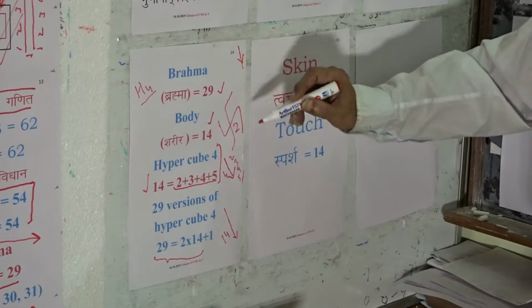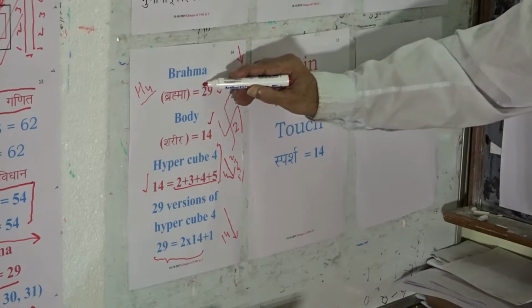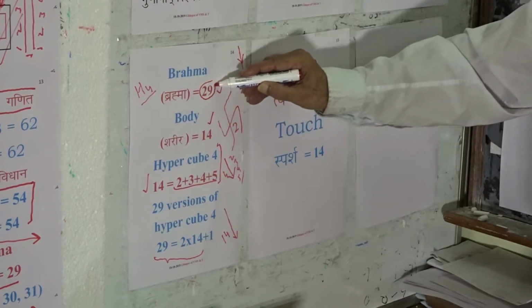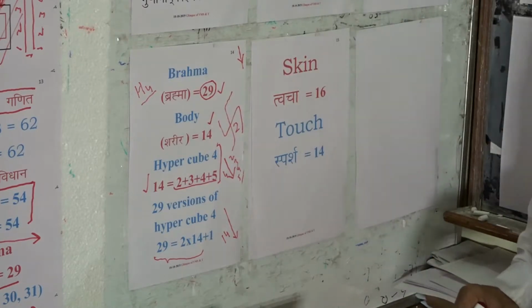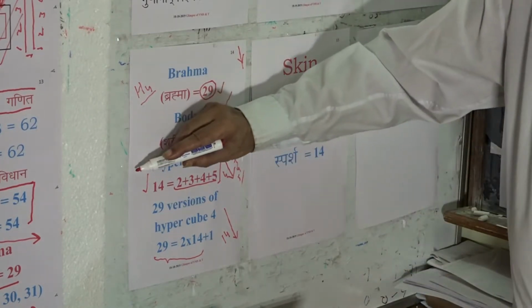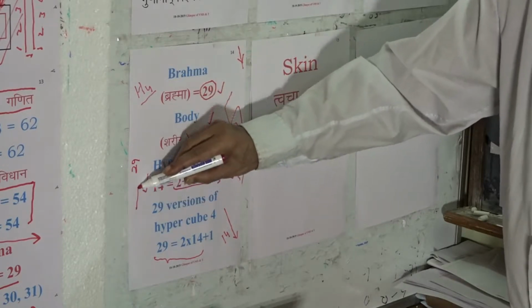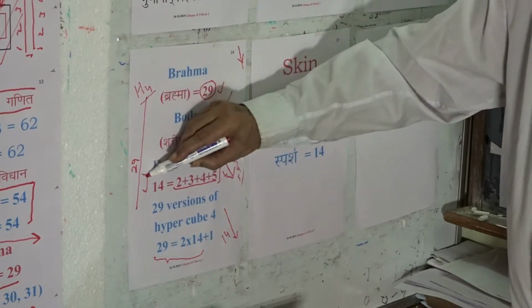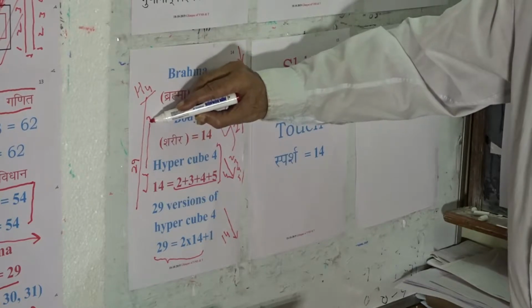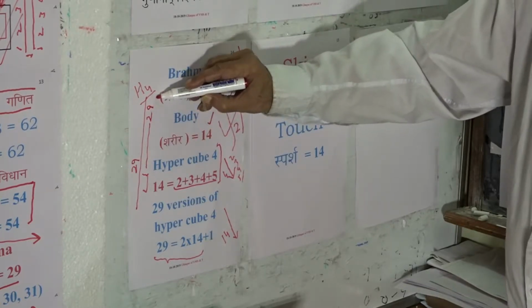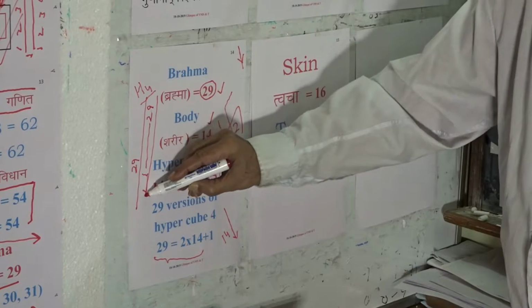It is this hypercube 14 which is of 29 versions, and these 29 versions are 29 bodies. These 29 bodies as such are the representative regular bodies of 29 geometries range of hypercube 29,